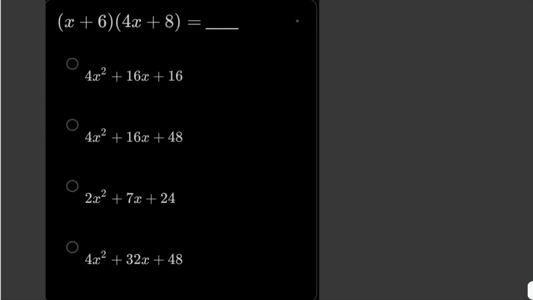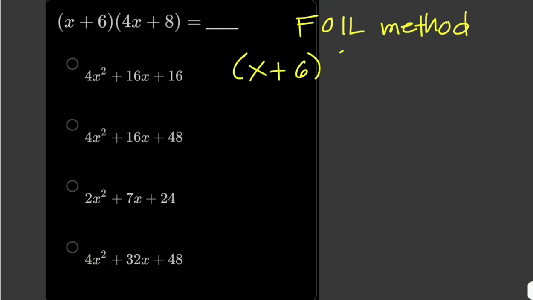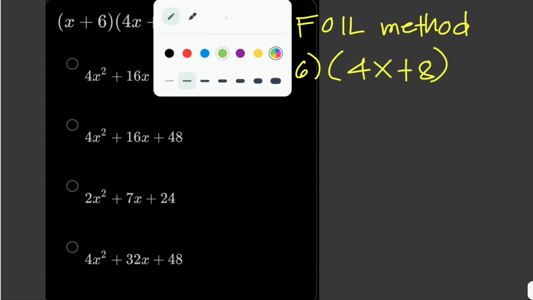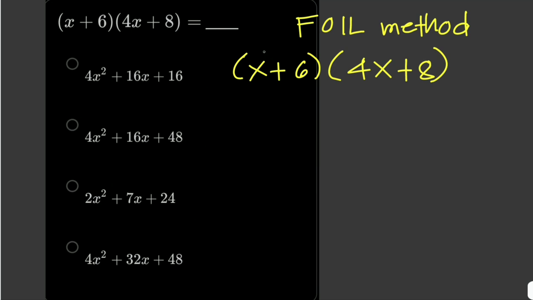In this case, we use the FOIL method. So we multiply the first terms first, then the outside, inside, and the last terms. So we have (x + 6)(4x + 8). We first multiply the first terms, so it will be x times 4x, plus, so we copy the operator sign here, plus